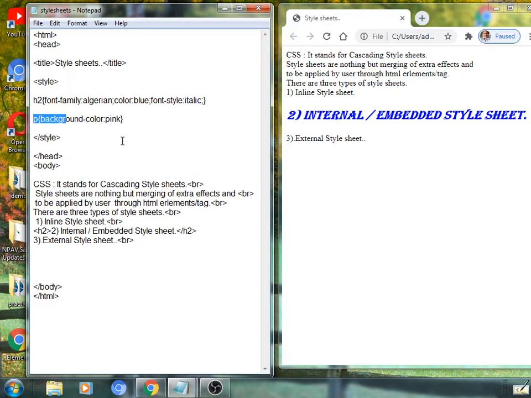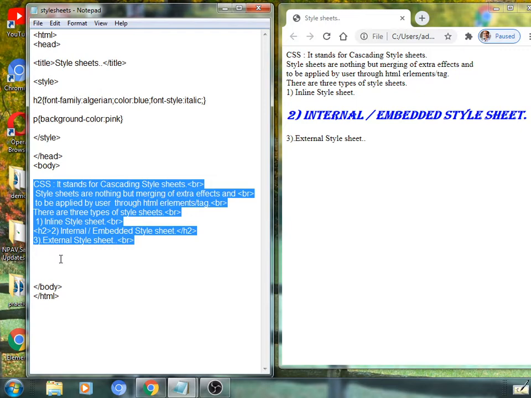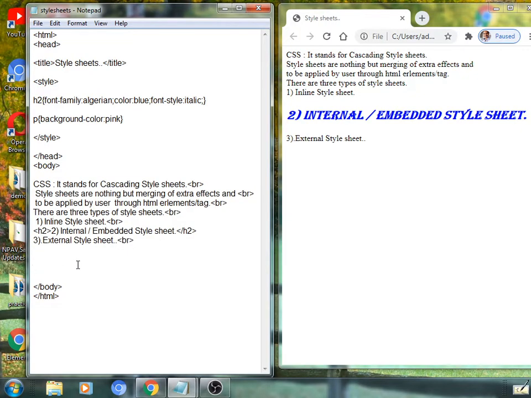See here, p background-color pink. So when you apply such a tag anywhere here, you will get a pink color as a background color.